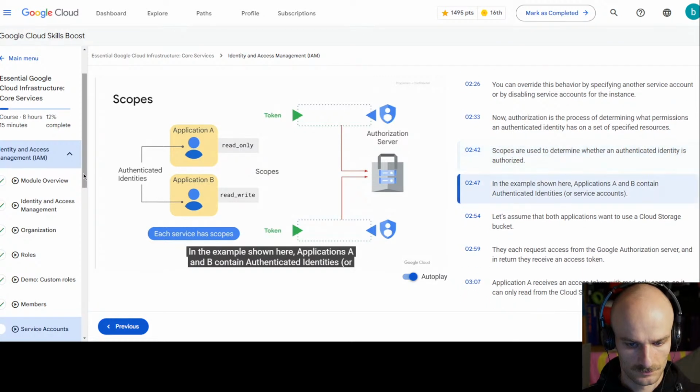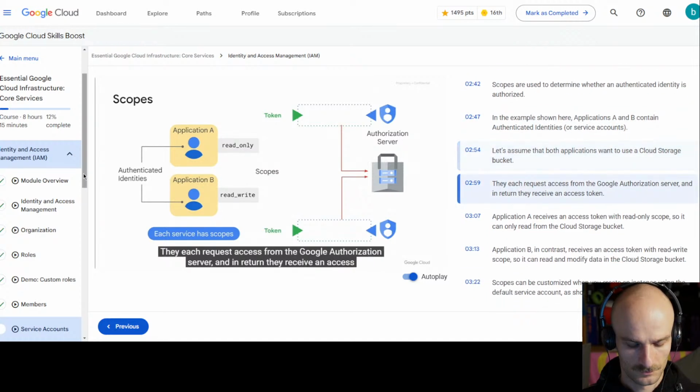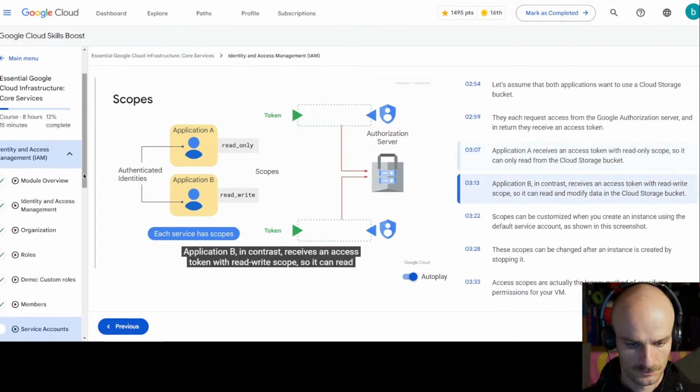In the example shown here, applications A and B contain authenticated identities or service accounts. Let's assume that both applications want to use a cloud storage bucket. They each request access from the Google authorization server, and in return, they receive an access token. Application A receives an access token with read-only scope, so it can only read from the cloud storage bucket. Application B, in contrast, receives an access token with read-write scope, so it can read and modify data in the